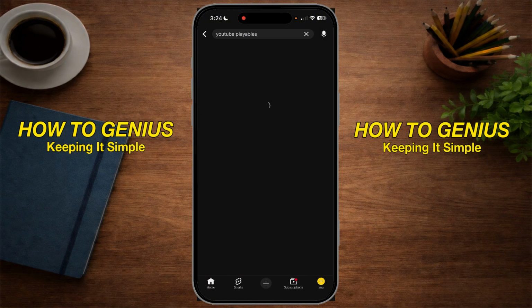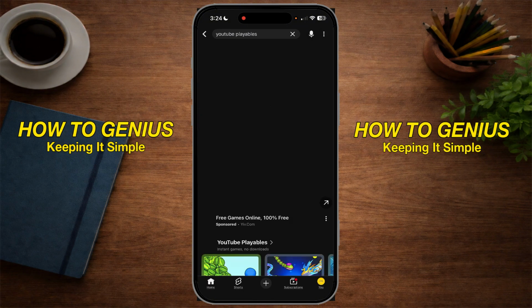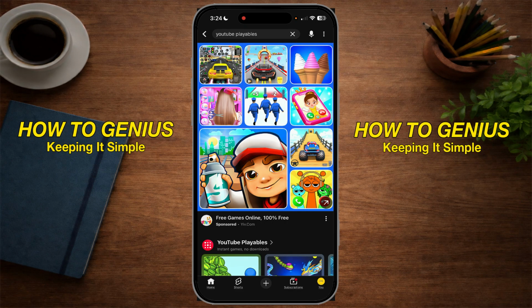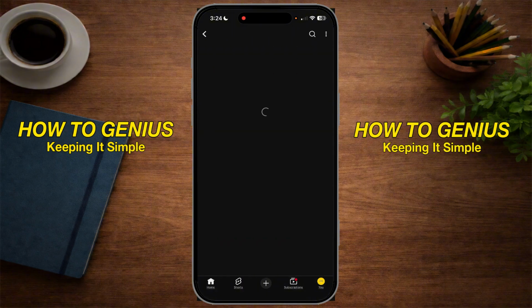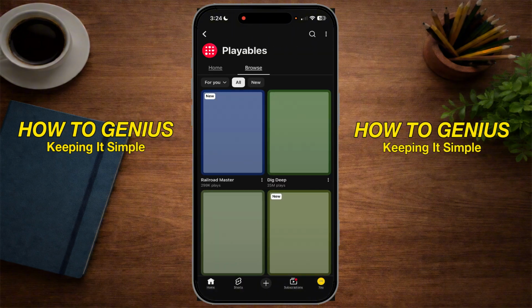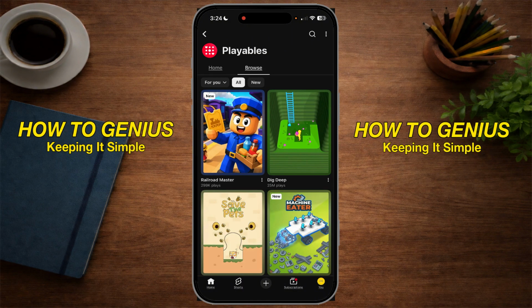click on YouTube Playables. And what that's going to do is it's going to load up the YouTube Playables, and you can actually go click on the YouTube Playables first search result, and it's going to bring you to the actual official page. But if you don't remember to do that, what you can do is let's go back to